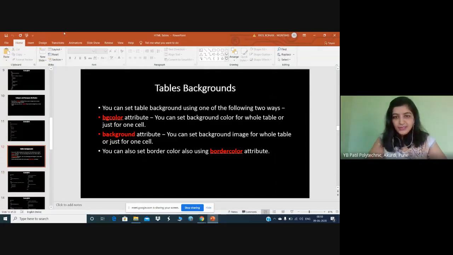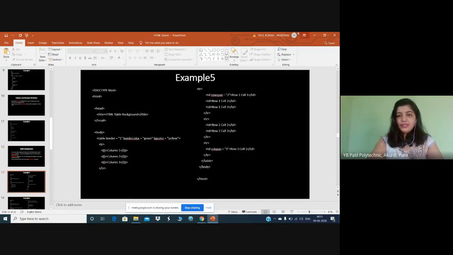Now, next part is table background. By default, your table background will be black and white. Okay. So if I want to change the table background by using a color or by using images, there are two options provided for your table background, that is bgcolor and background. These are the two attributes which are used for changing the background of your table. So bgcolor is used when you want to change your table by using a color. And if you want to display a background image, a table background as an image, then you will go for the attribute background. So let's see the example of this.